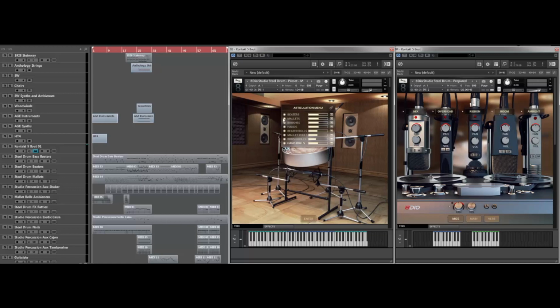Let's just look at the core articulations here. We sampled the steel drum with 10 velocity layers and 10 round robins, using both beaters, the traditional bamboo mallets you use for the steel drum, but also felt mallets, brushes, and hands. We also did rolls for the beater, mallet, brush, and hand. And then we have 5 different microphone options. These are all beautiful vintage mics that we recorded from different positions, as you can see here in the 3D